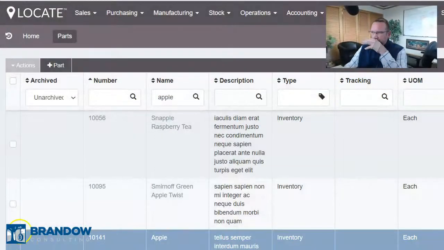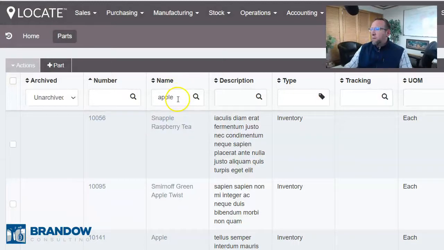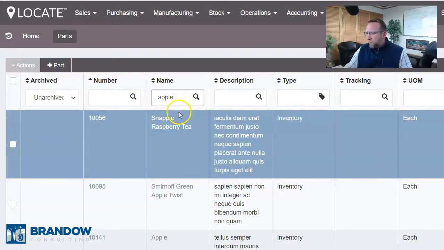So we're going to take a look at a part. I like apples. I just watched Pirates of the Caribbean yesterday and apples are on my mind. So let's select